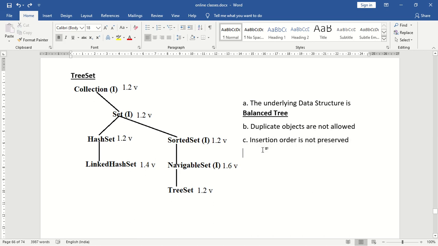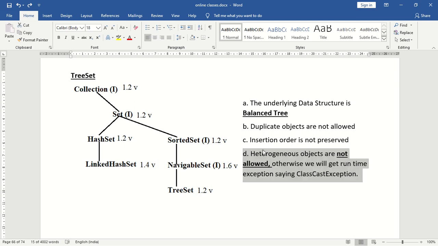Next, what about heterogeneous objects? Heterogeneous objects are not allowed in the case of TreeSet. What happens if we try to add heterogeneous objects? We will get a runtime exception saying ClassCastException. Remember this.